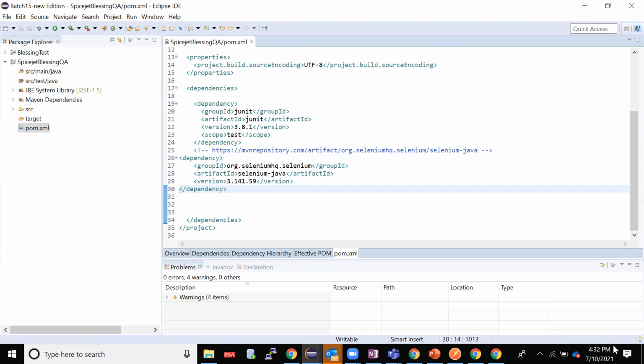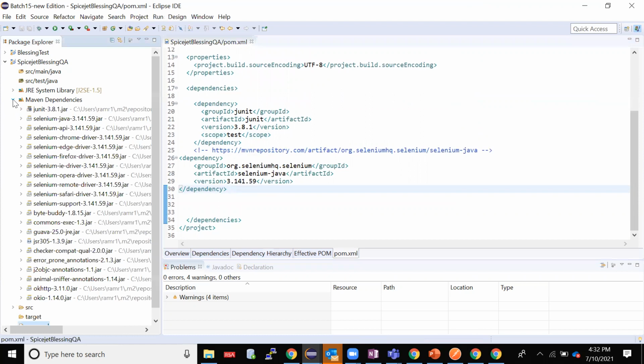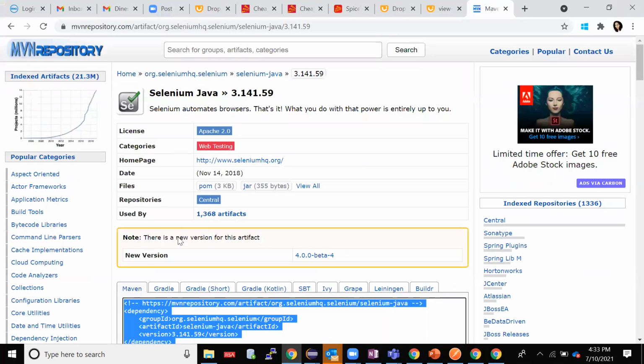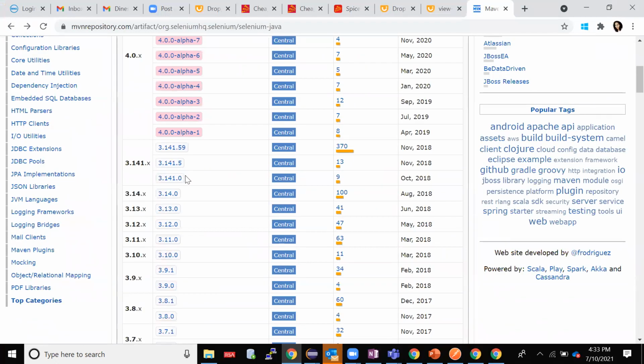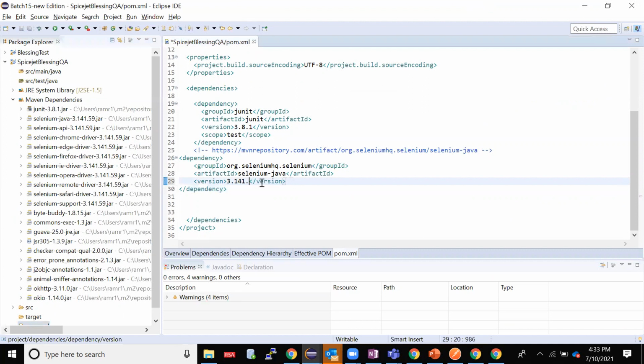Once you save, you can see here work in progress. It was 100%, right? Now just see Maven dependency. Click on this. Your Selenium 3.141.59 got added successfully. You just have to add your dependency here. How is it helpful for us? Think that today you use 3.141.59, and I have many other versions here. I'm not feeling 3.141.59 is stable. I want to go to another version. What if I just change the version here and save again?